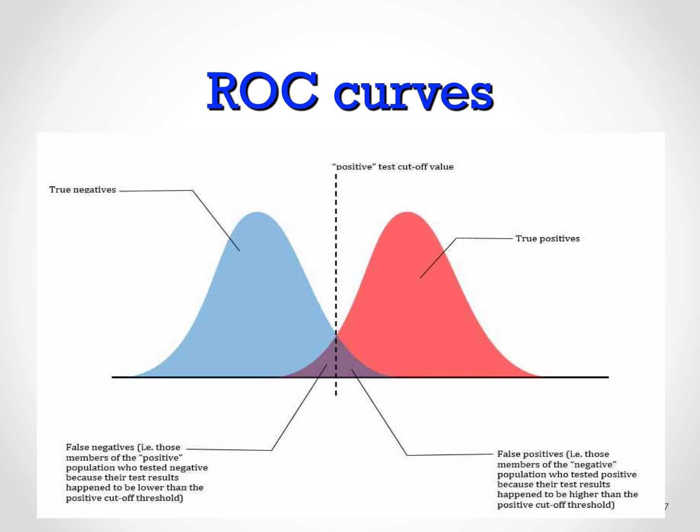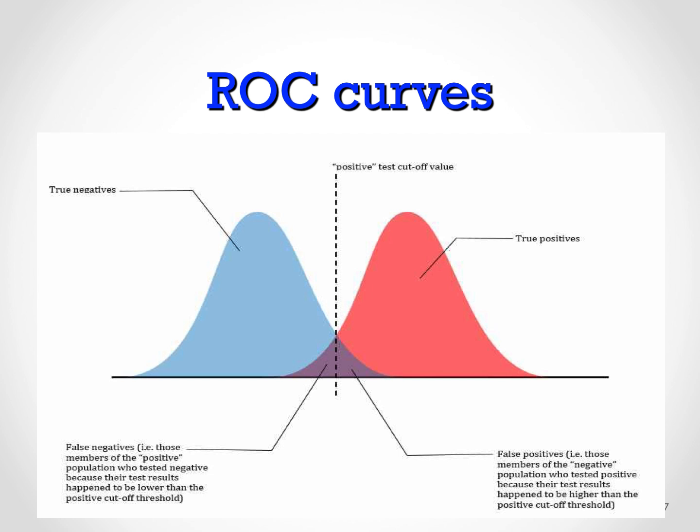ROC curves are important to understand if we're to understand the value of tests in clinical practice. In this diagram, the blue bell curve represents a standard distribution of values for a particular test in a well population, represented on the x-axis. The red bell-shaped curve represents the standard distribution of values for a test for individuals who have the disease in question. The area of overlap